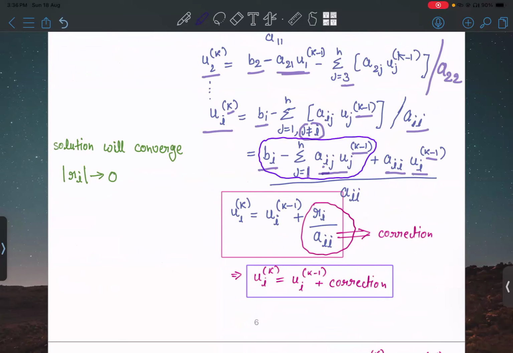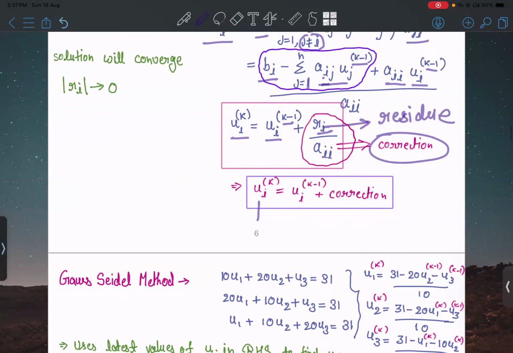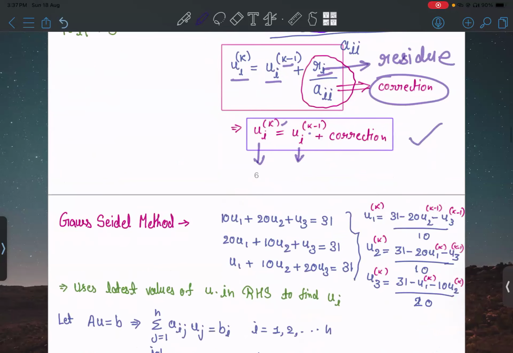So this same I can write as ui at the kth iteration will be equal to ui at the k minus 1th iteration plus ri, what? Residue at the kth iteration divided by aii. So this whole term I call as correction. Okay, so ui at the kth iteration will be equal to ui at the k minus 1th iteration plus correction. Okay, this is my formula for Jacobi iteration. Okay,